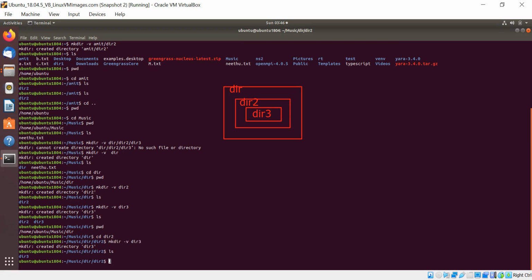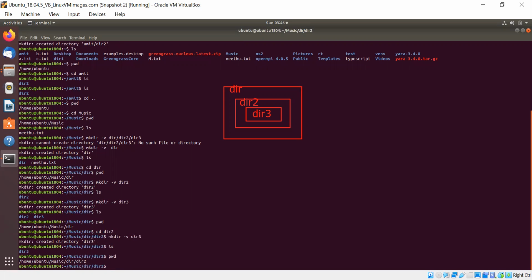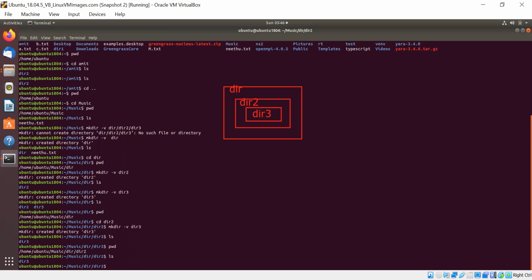You see the path is home Ubuntu music, as we said, dir, dir2, dir3. Here is dir, inside that there is a subfolder dir2, and inside that a subfolder dir3. If you check ls, it shows you dir3 inside this subfolder.